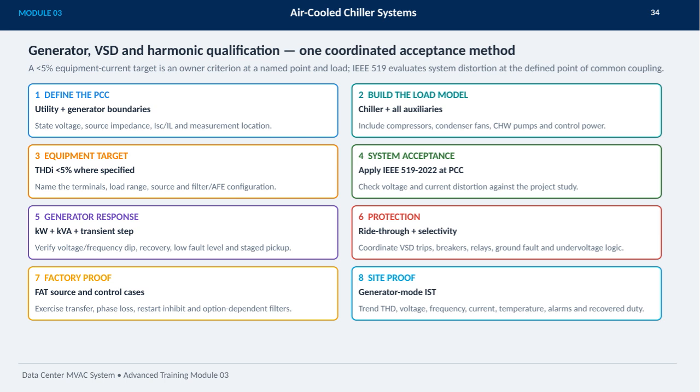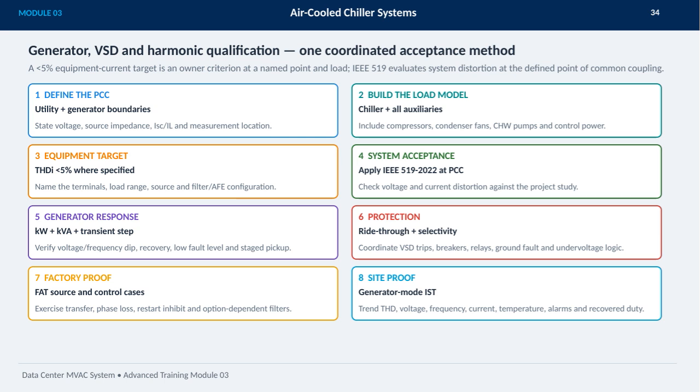Next, we build a comprehensive load model that includes the chiller and all auxiliaries such as compressors, condenser fans, and chilled water pumps. Then we set the equipment target by specifying a THD of less than 5%, naming terminals, load ranges, and filter configurations. For system acceptance, we apply IEEE 519 to check voltage and current distortion against the project